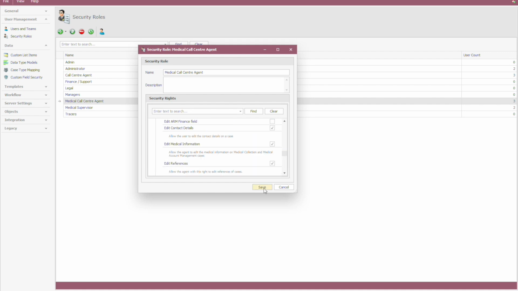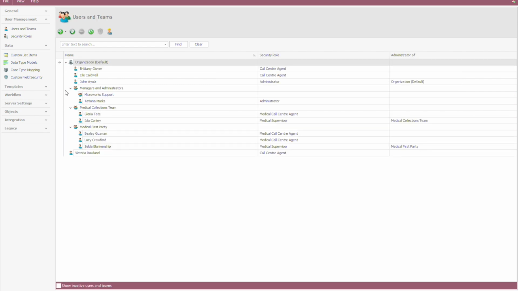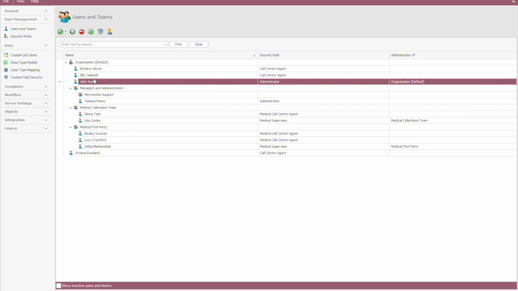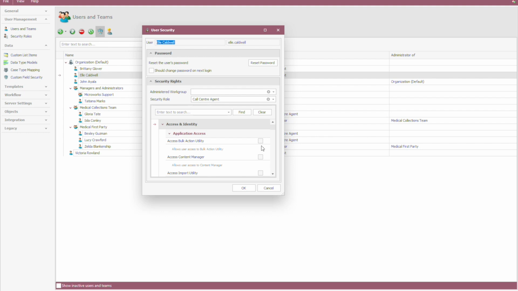When we browse to the user management section, we can find a user without this right to show the information hidden. If we take, for example, this user Ella, we'll see that she has the role of a call center agent, and when we browse down to the actual right, we'll see that she does not have the right to view medical information. So let's log into Case Manager with Ella's user,